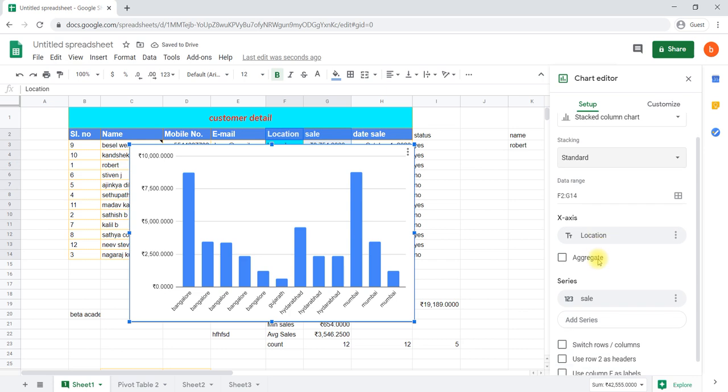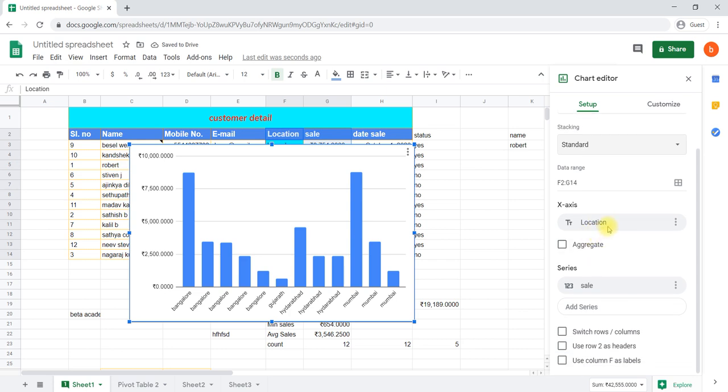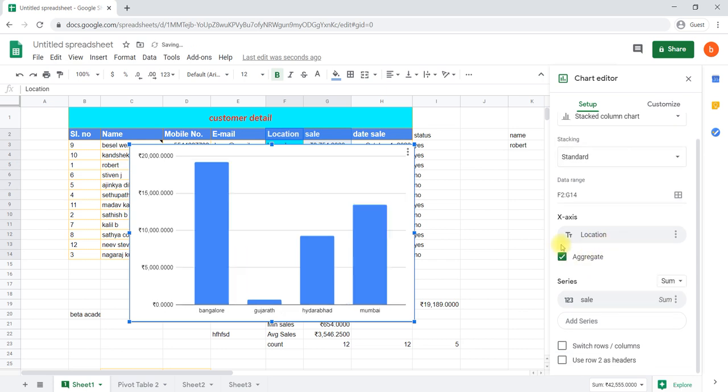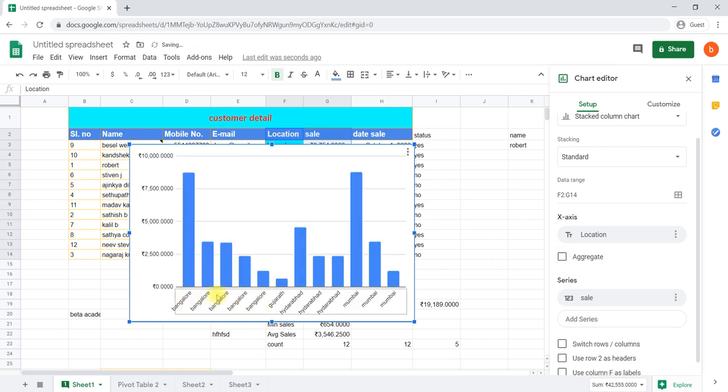Okay, then the X-axis is the location. Yes, aggregate is nothing but all Bangalore entries are taken together instead of as individuals. Previously, when we hadn't selected aggregate, individual entries were there, right? For Bangalore 5 entries, Gujarat 1 entry, Hyderabad 3 entries, like that.